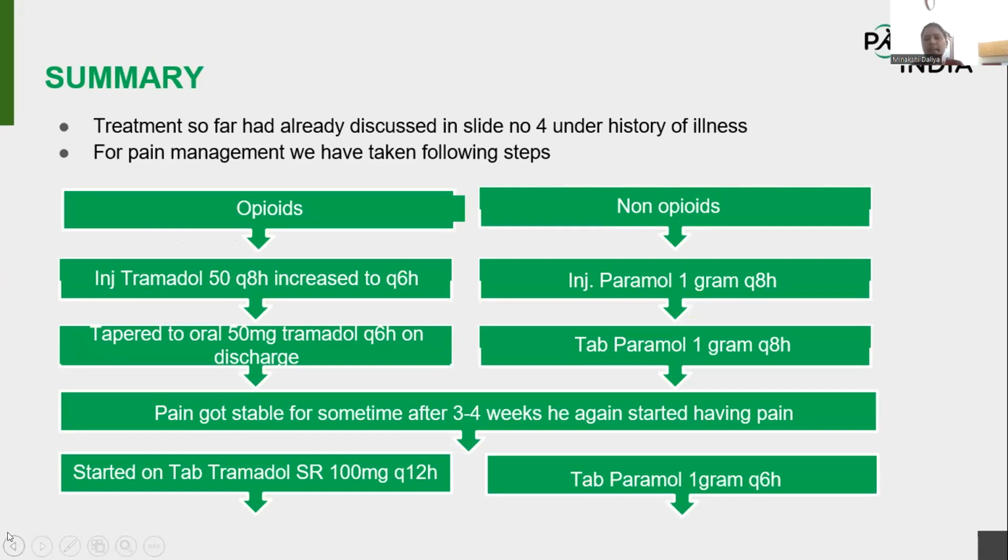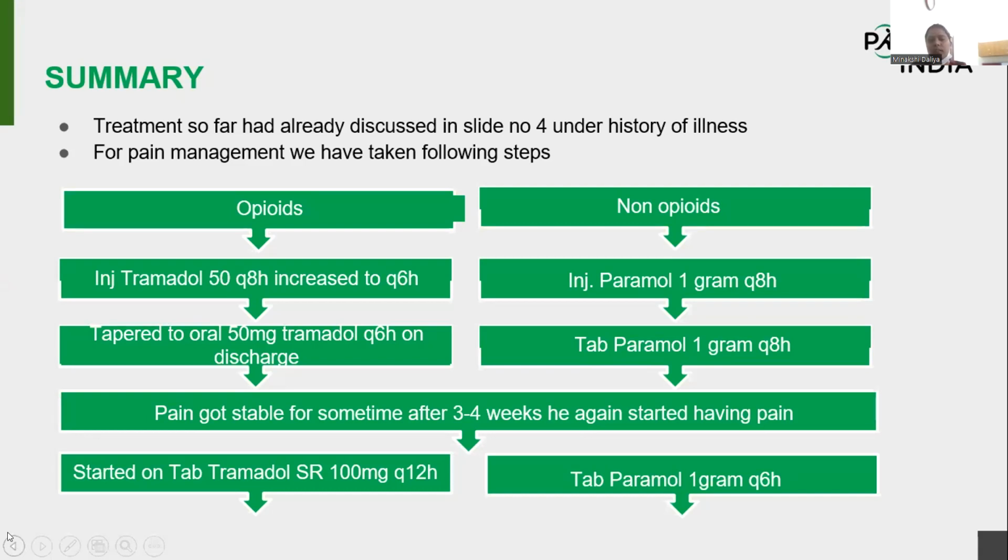This is not a one-day chart or something like that. When he came to us, from that time only, when the disease metastasized to the lung, he started developing pain, but the pain was not very severe, but it was a persistent pain. So we started him on tramadol 15 mg 8 hourly and paracetamol 1 gram 8 hourly, but pain did not subside. Then we increased it to 6 hourly and the paracetamol was the same.